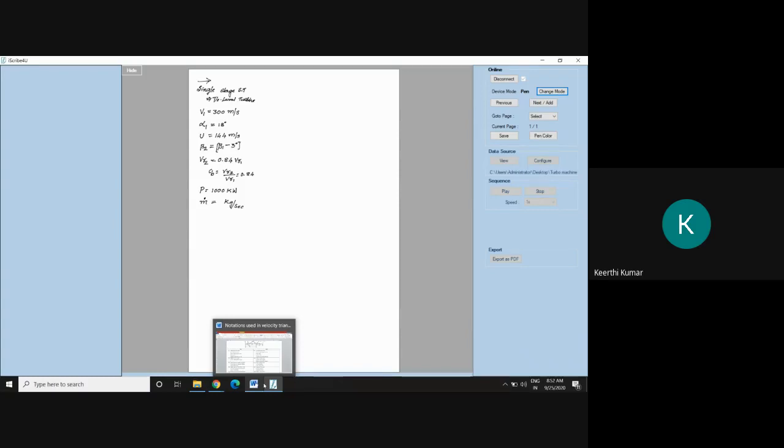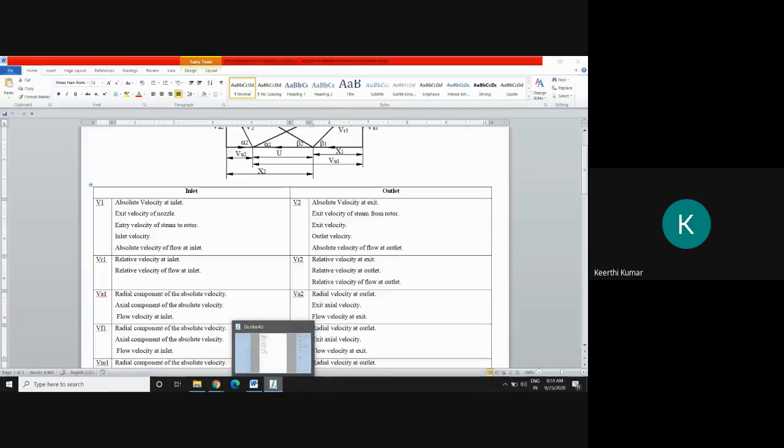Neglecting leakage loss. In this problem we are not considering that, but I'll show you what it is later. Leakage loss is equal to 0. We will consider it as zero loss; there is no loss due to leakage. So he has given this set of data.